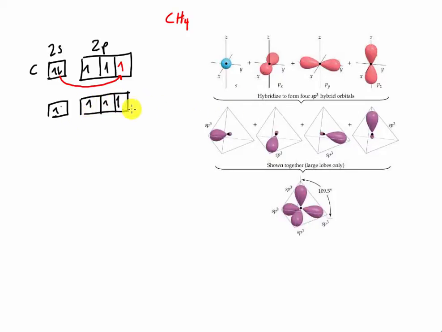Okay, so what's going to happen now, we have an electron in each of these orbitals, and they're different though. Here's an s and these are p's, and those are different orbitals. So something is going to happen, and what happens is this hybridization. And what that means is that these orbitals here are all going to come together to create a new set of orbitals. Okay, and those orbitals are now called sp3